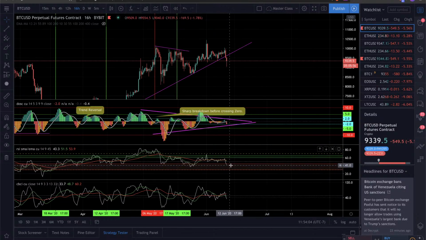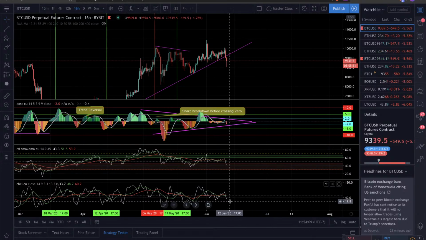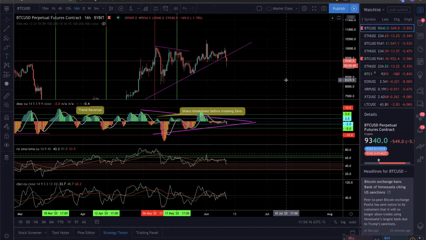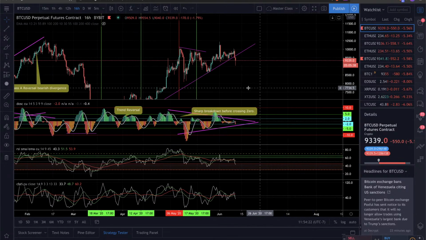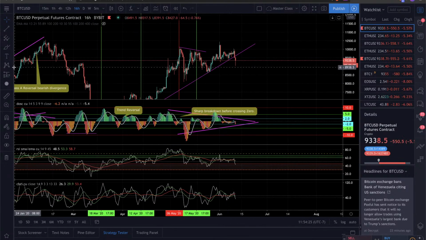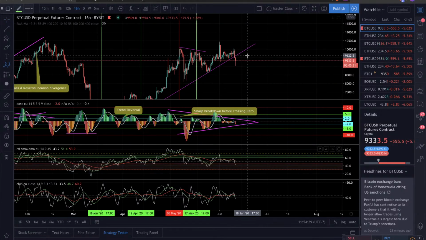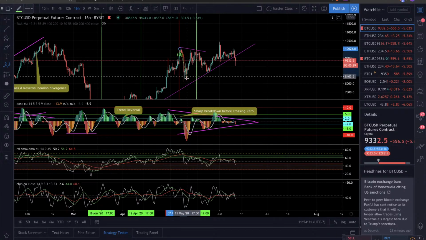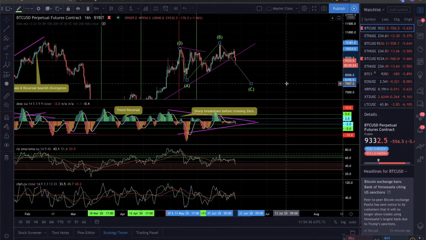RSI creeping back into the bearish control zone as well as the CB index. We did have a bearish cross with the RSI that is dipping back into it. So there were a couple different things that I have been looking at. So one of them, I'm going to do a little bit of Elliott wave as well. So one is that this whole thing right here was an A, B, then coming down for a C,